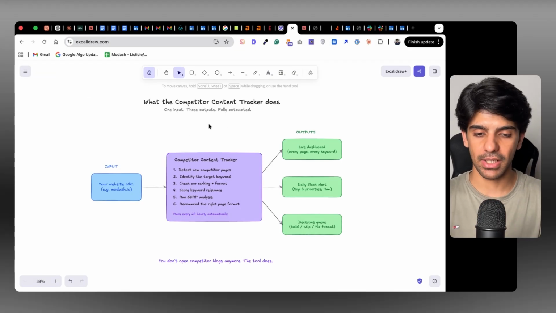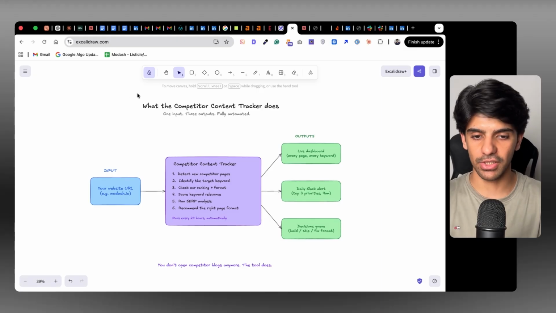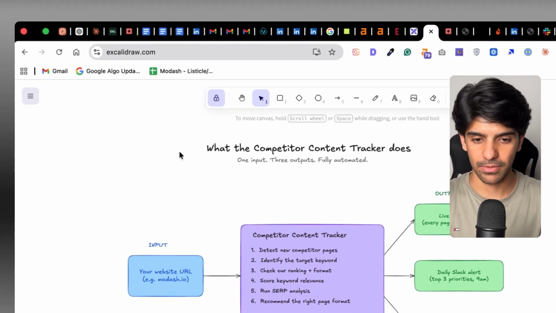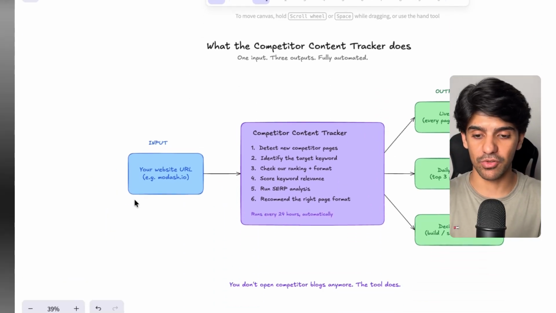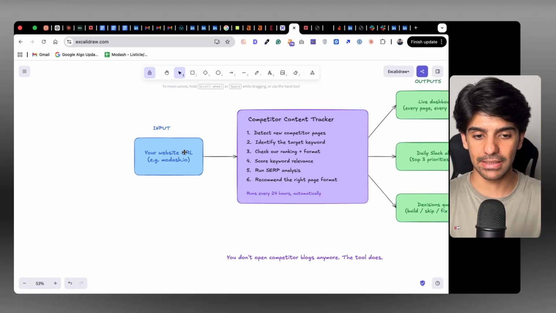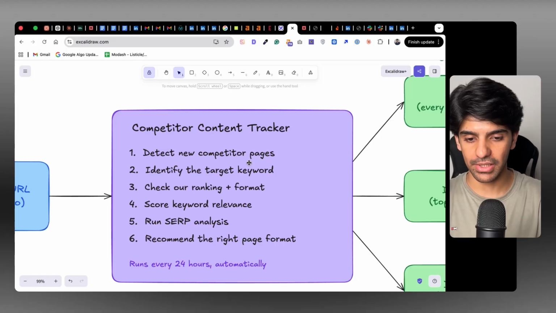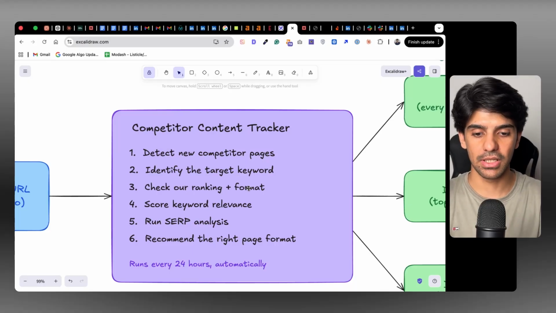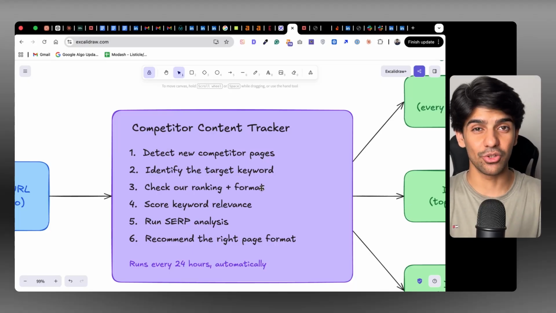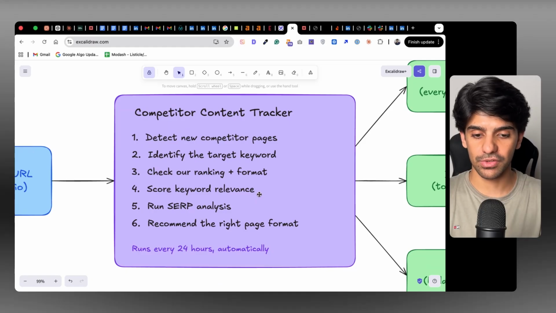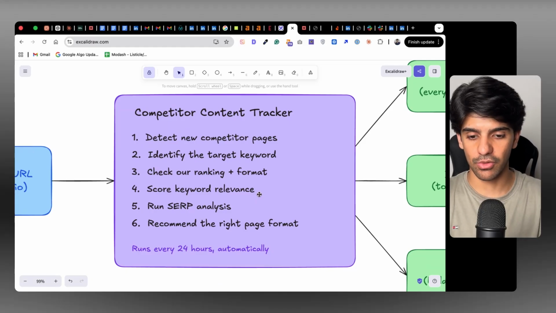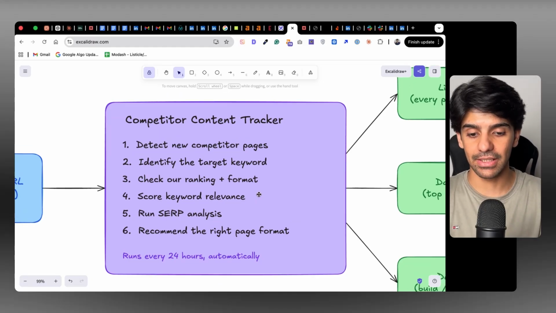So you looked at how the system is working, right? I'm calling this a competitor content tracker. It's basically taking just one input from you, which is a website URL, and then it detects competitor pages and websites automatically, identifies the target keyword, checks your ranking and the format that you're ranking with if you are, scores the keyword's relevance completely on its own, runs SERP analysis, and then recommends the right content format required for